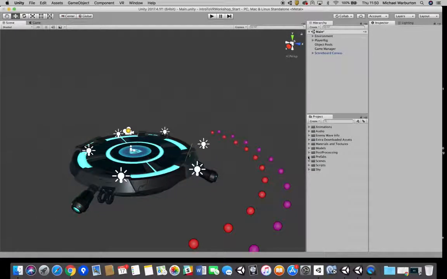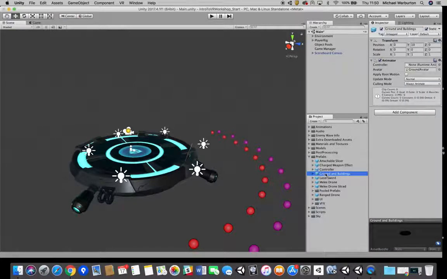So you can show them, get them to navigate down to the prefabs folder. And what we're actually looking for in the prefabs folder is a prefab called ground and buildings. This is what we want to add into it. So what we want to explain to them now as well is this prefab has been saved in a specific